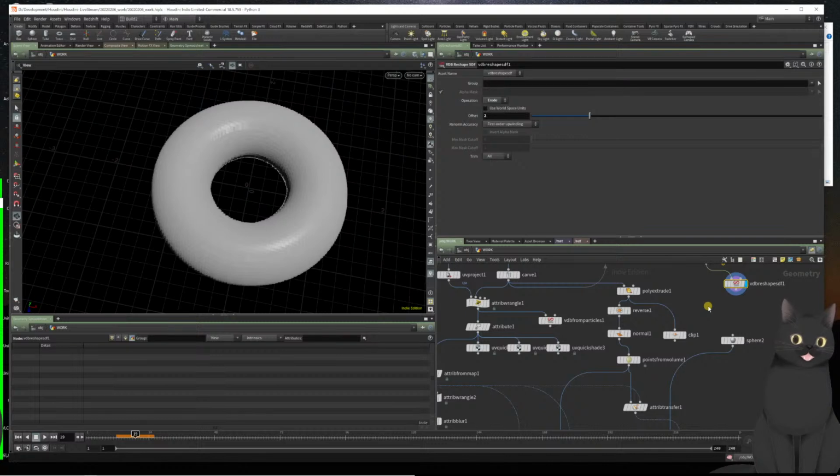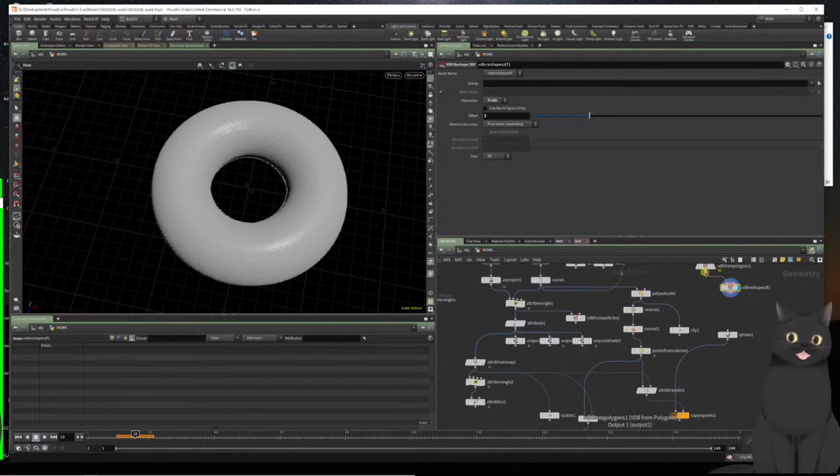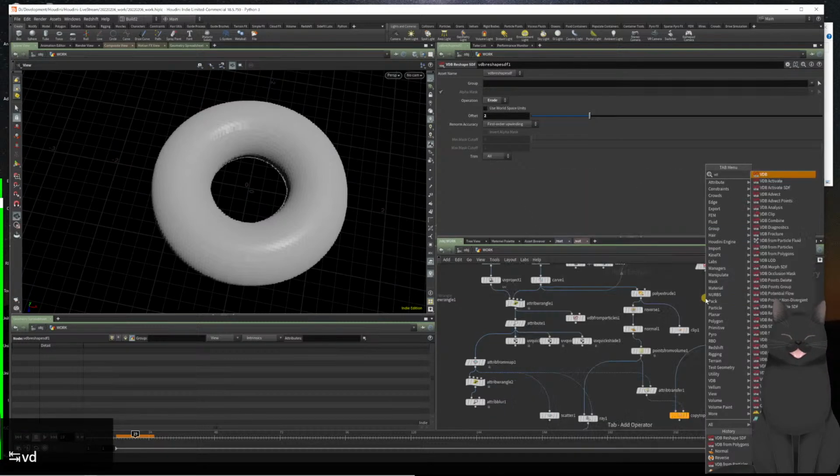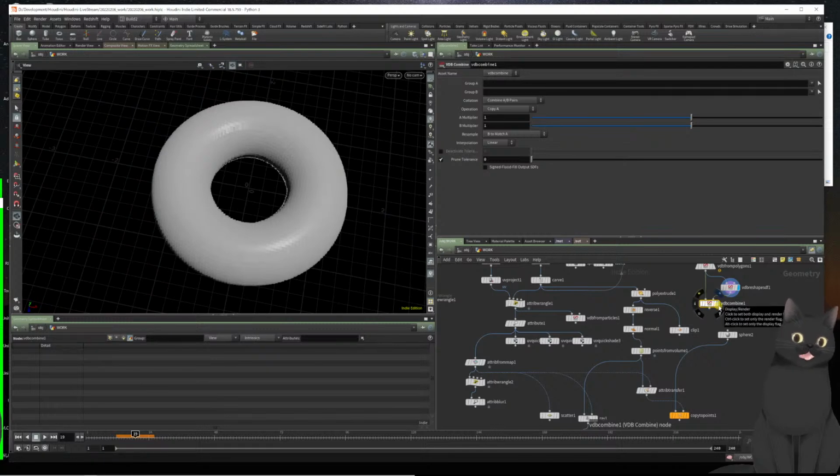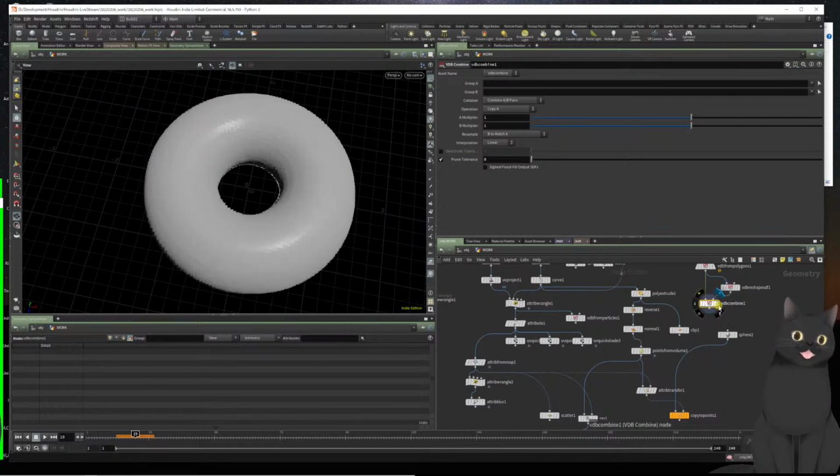It's kind of like a peak sop. Then if you do combine, then I can do like intersection as